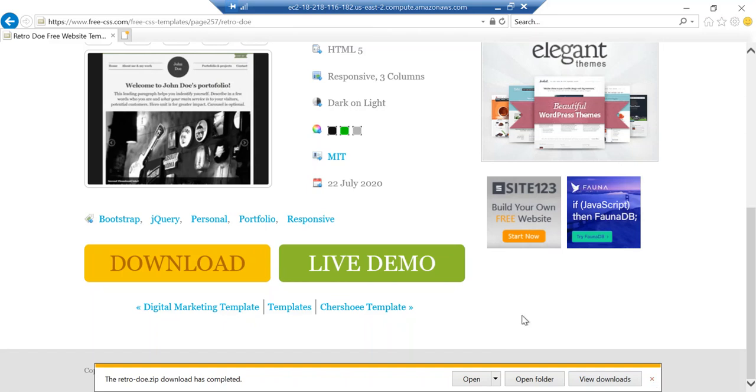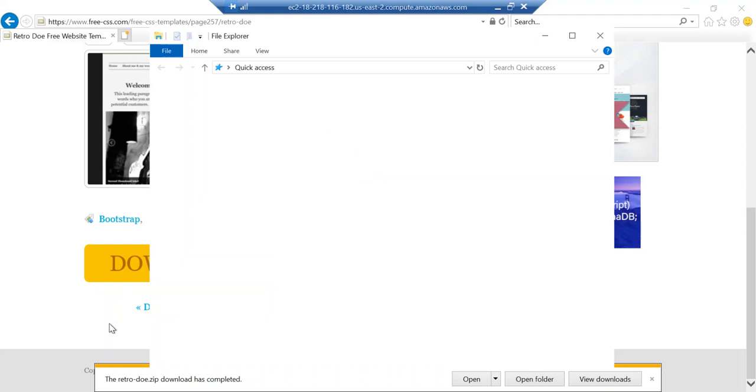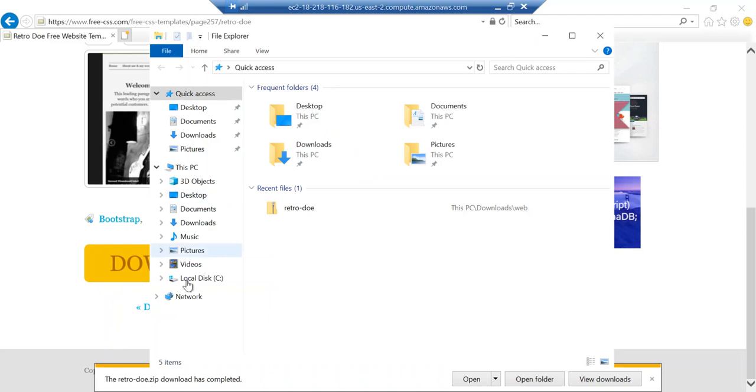Yes, it has been downloaded successfully. Now we need to deploy a website in D drive, I mean other than root or C drive. So here we have a C drive option and D drive option. Let's see how to enable that D drive.